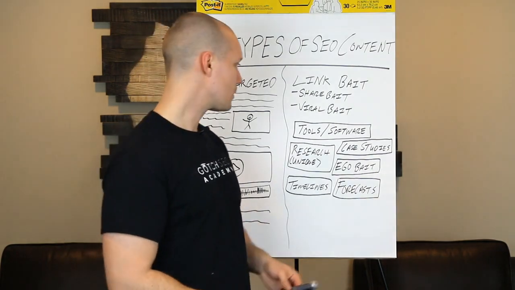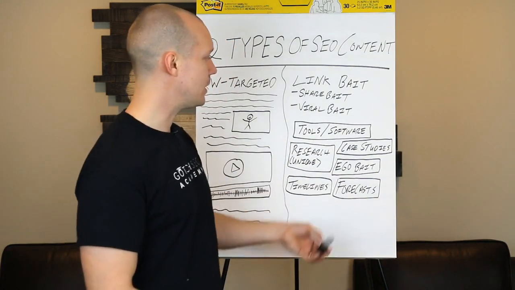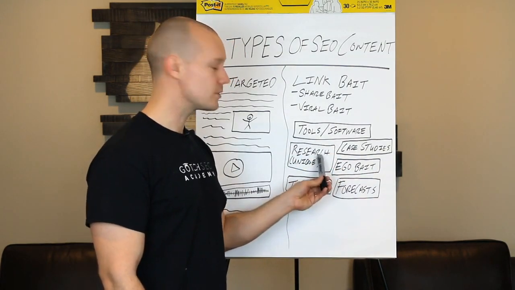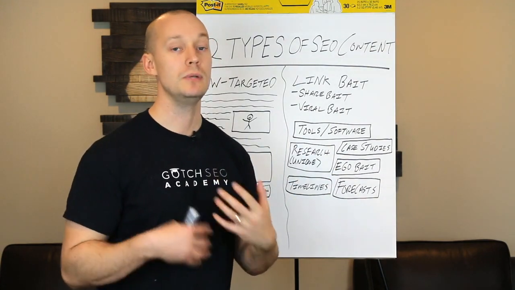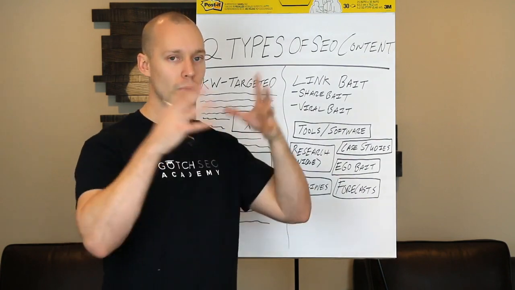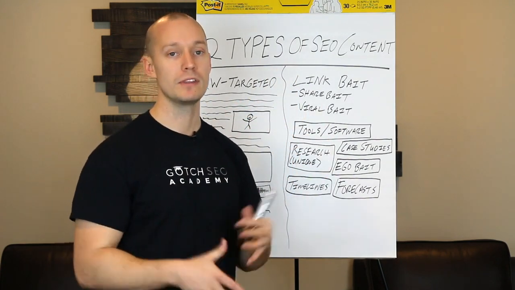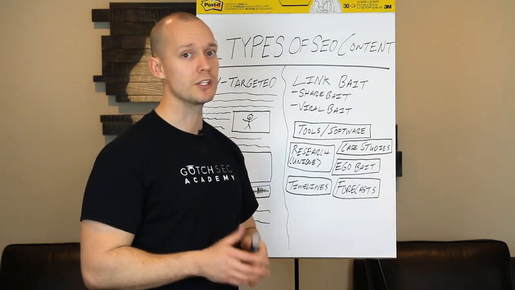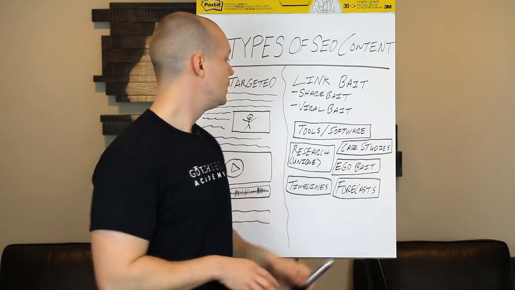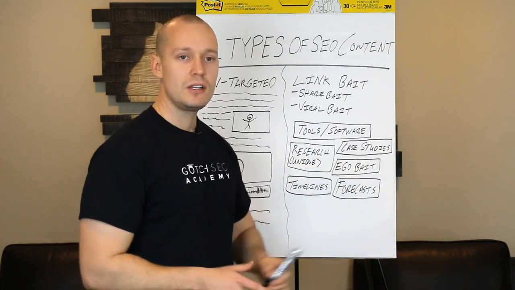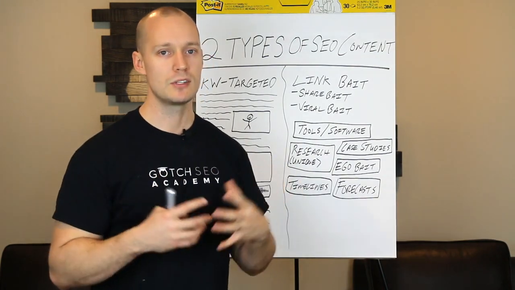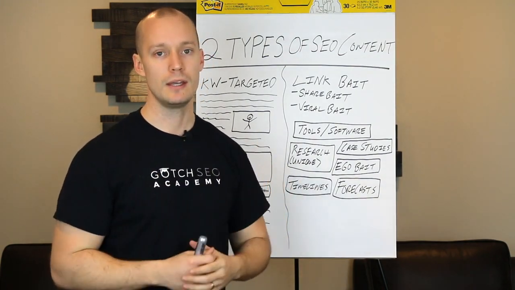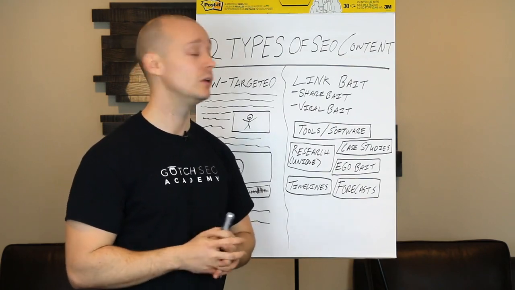And so some other great types of link bait are research, so unique research. So maybe going out there and finding unique information and then creating a content asset around everything that you found. That works really well, especially when it's unique. It has to be unique. The third is case studies. Case studies are very, very effective. So if you can create your own unique case studies with your own unique data, it is very, very powerful.